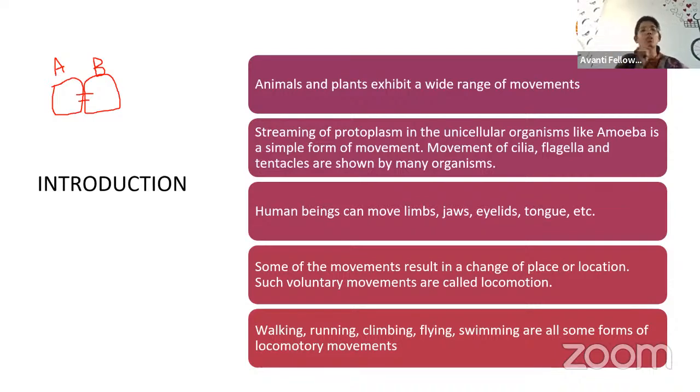And the question is whether the locomotion is voluntary or involuntary. Locomotion is going to happen by our consciousness, right? If I want to walk, then only I will walk. Otherwise, I will not walk. So locomotion is a change of place by the movement, which is voluntary. By my concern or by my knowledge only, I am going to move. So this locomotion can be walking, running, climbing, flying, swimming. All these forms of locomotion can be observed in the humans especially.